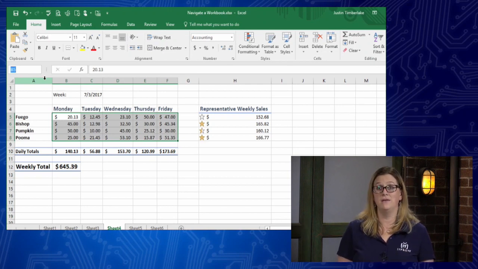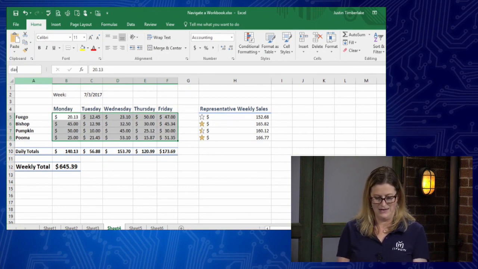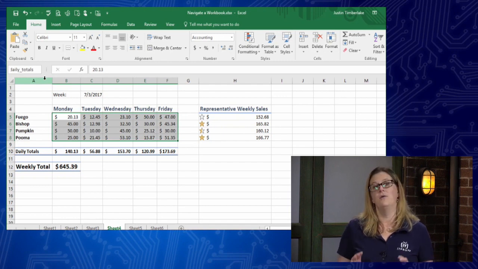Now, there are some naming conventions. No spaces. You have to use lowercase letters, and it can't be like sheet 4, because sheet 4 is something specific to Excel. You also don't want to use row or column references. You can't name this D6 because that's a cell, so you have to stay away from those reserved names. But if I said daily underscore